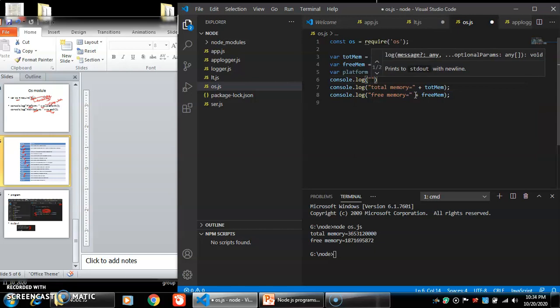I need to represent the platform. Then it is concatenating, I am using plus and write platform.